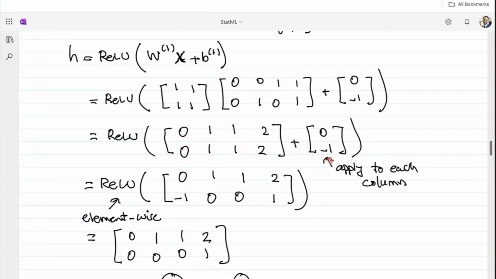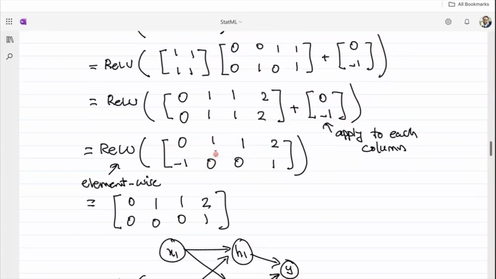So if you really want to be very mathematically rigorous here, you have to repeat this column vector 4 times and have 0, -1, 0, -1, 0, -1 in all 4 columns of this matrix so that dimension-wise everything matches. But it is very common in the neural network literature to assume that this will automatically get extended, or what they call in programming language broadcasted. And so this 0 and -1 will be applied to every single column,